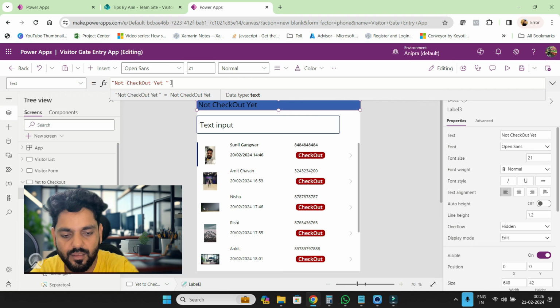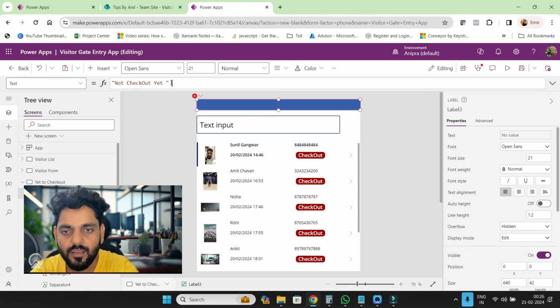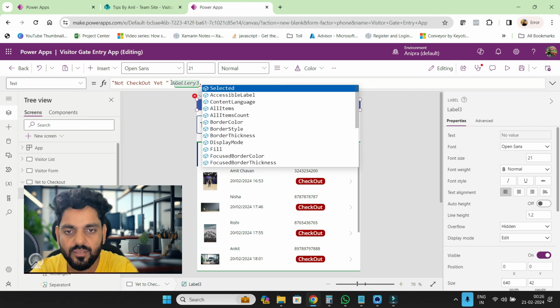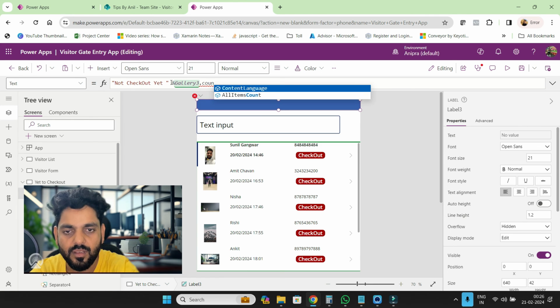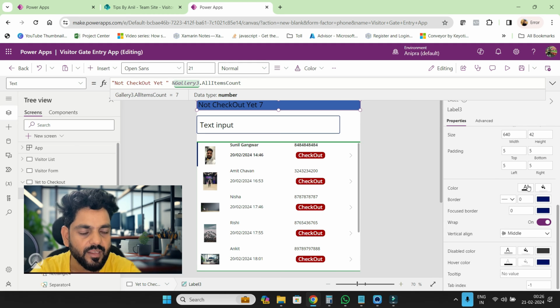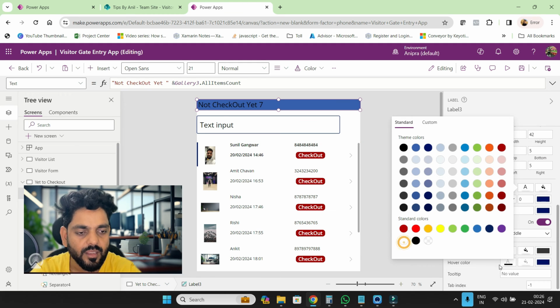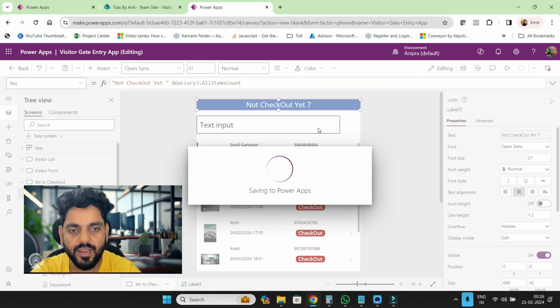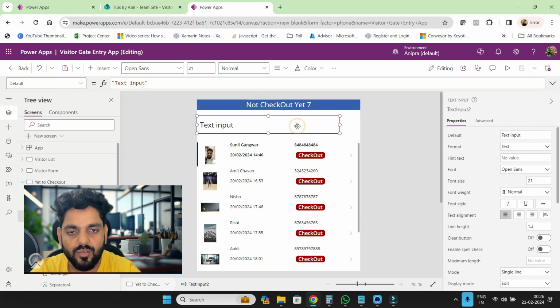and gal 3 dot all item counts. So here we go, and let me make it white and then make it in a center. All right, now this is our text input. I'll make it a little bit small,